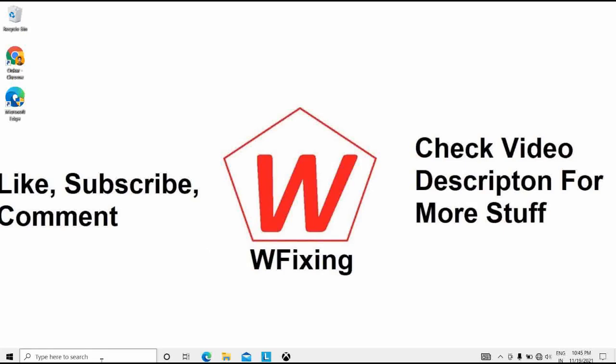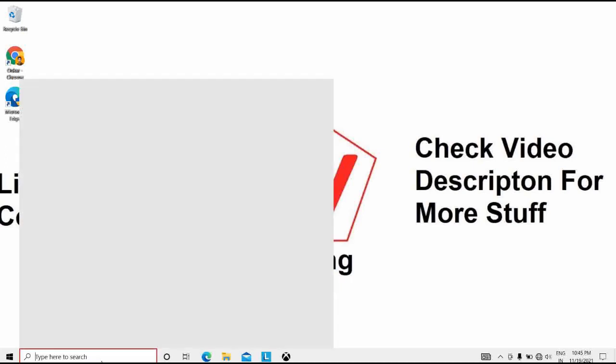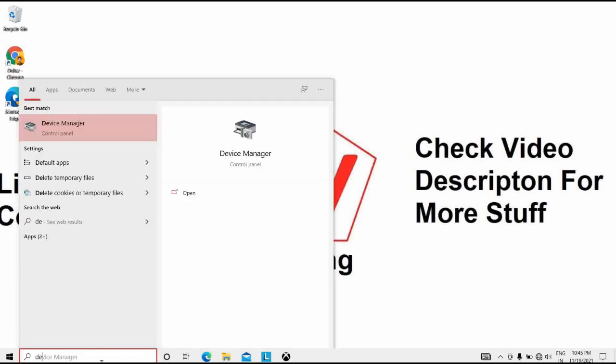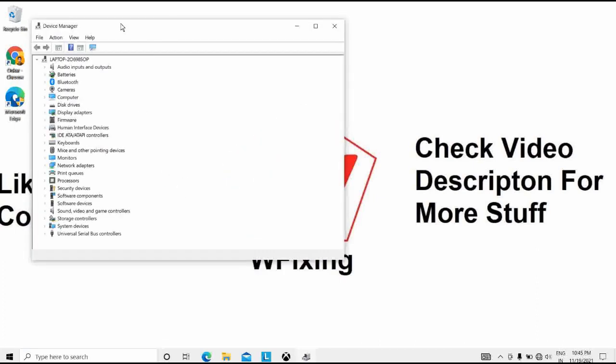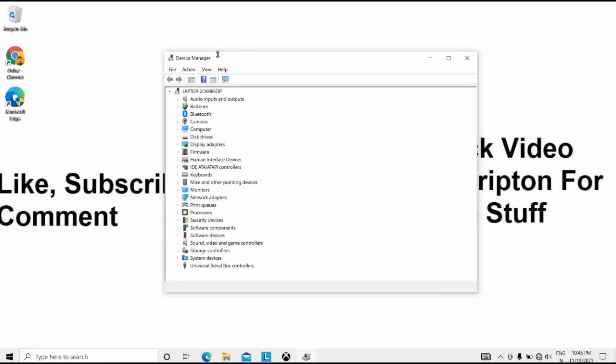Next is updating your drivers. For that we have to open Device Manager first. I will simply type here device manager and click OK. You can see in front of us Device Manager is open.